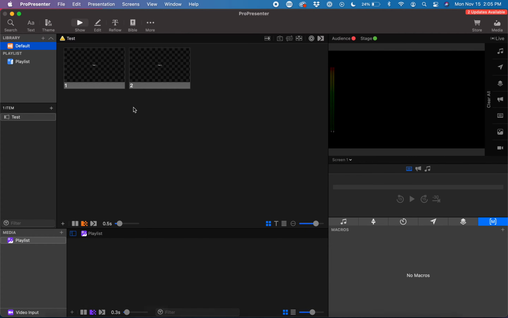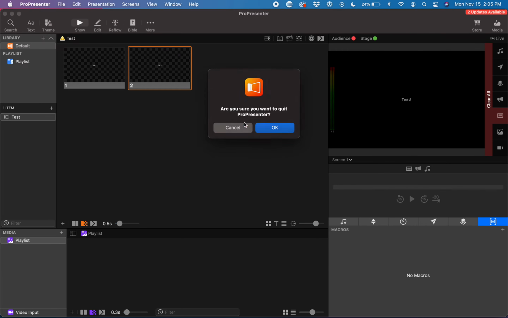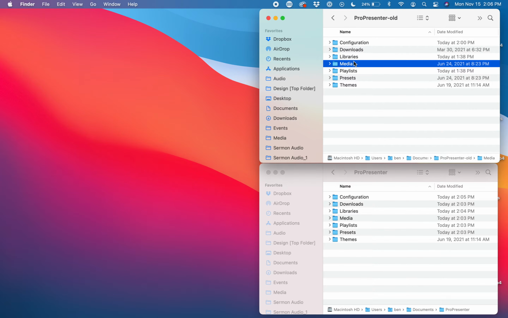test my configuration to see if things were working the way that they should be or the way that they shouldn't be. And basically, what you're going to do is you're going to do that for each of these respective folders outside of the downloads and libraries, I believe. Or excuse me, the downloads and the media, because those can just be resynced later depending on how you have